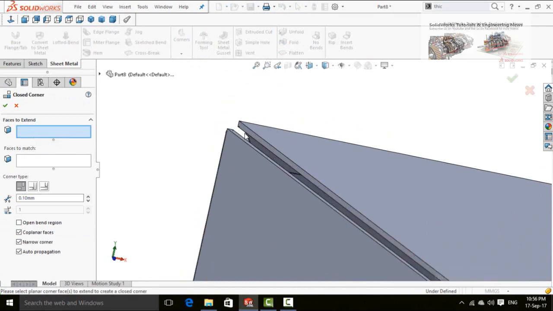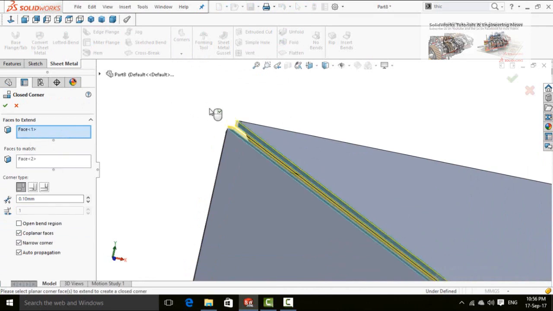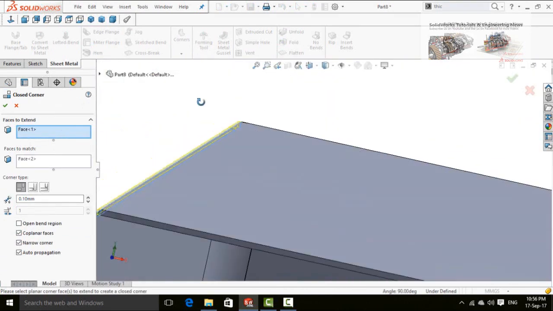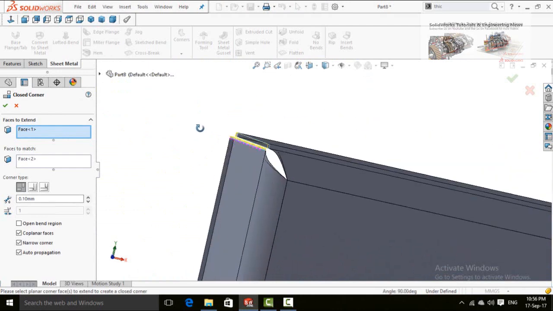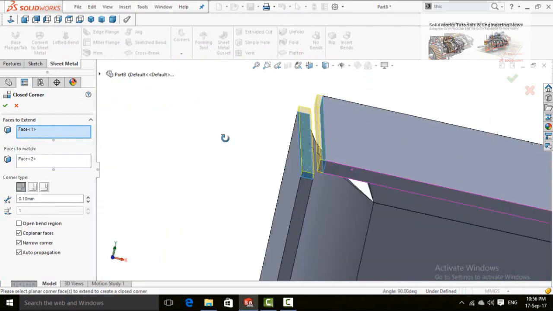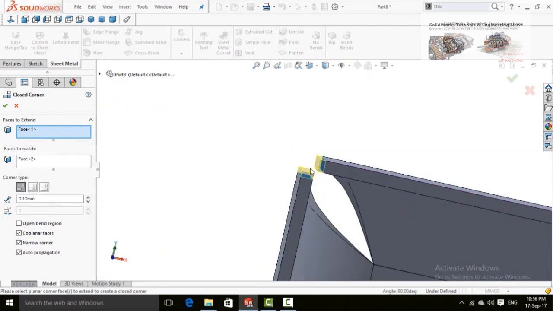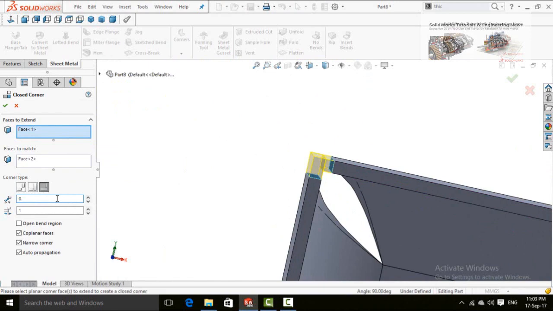So if you want to extend this face, click and see these faces are extending. So type of extension and distance. So choose 0.1 millimeter gap distance, and rest of the options review them by yourself and press OK button to apply this command.